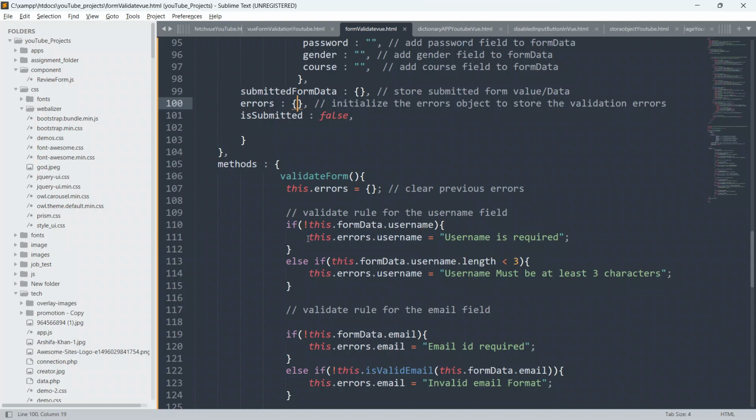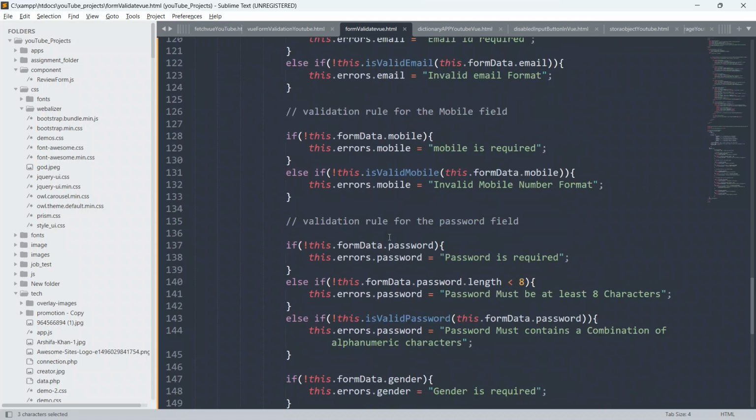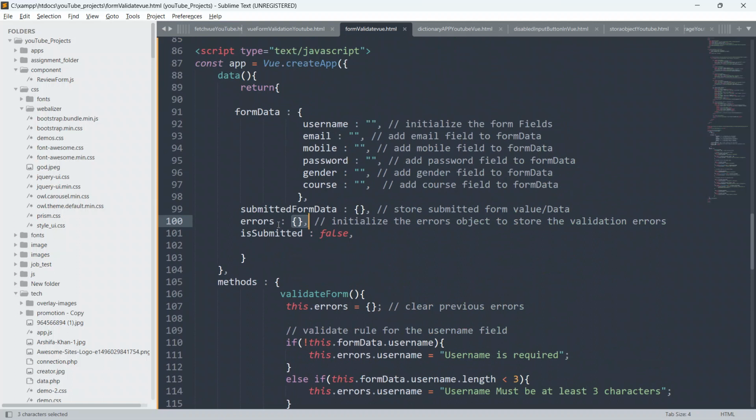So what I am doing here is this dot username, and I am also assigning this error to this errors object. So this will contain all the errors inside this errors object. Later on we will check, and if we have length 0, which means, guys, the form is filled correctly, and we will let our user submit the form.